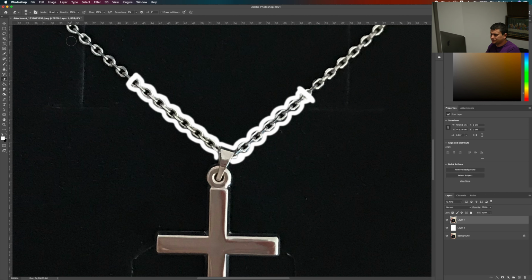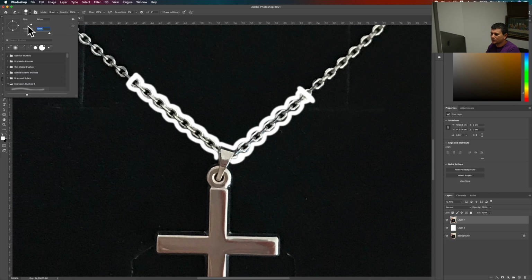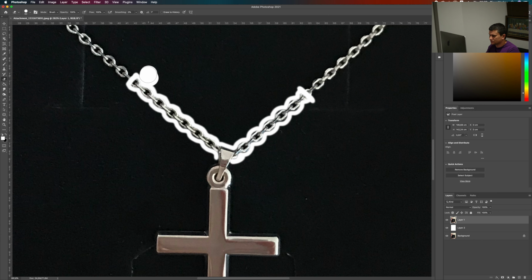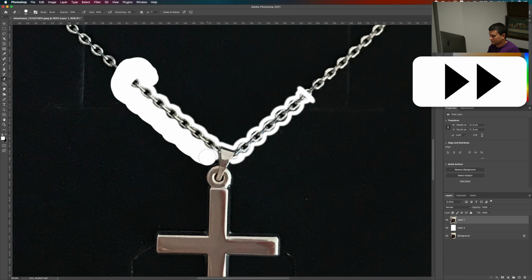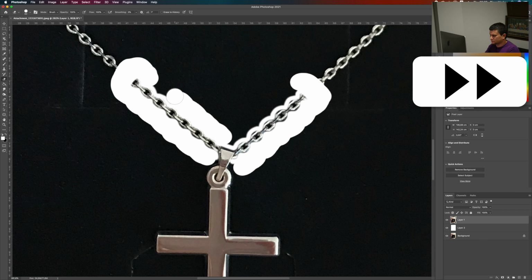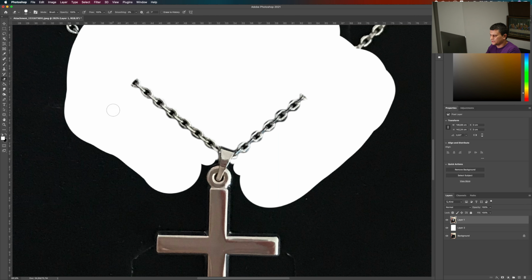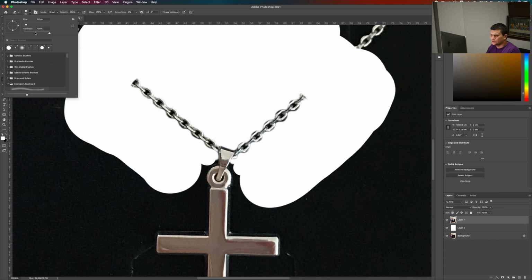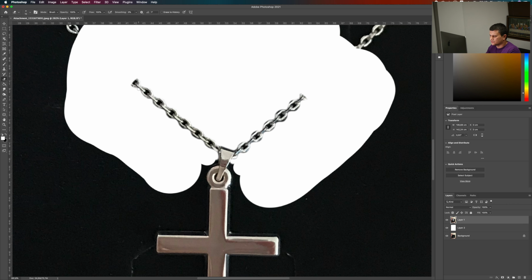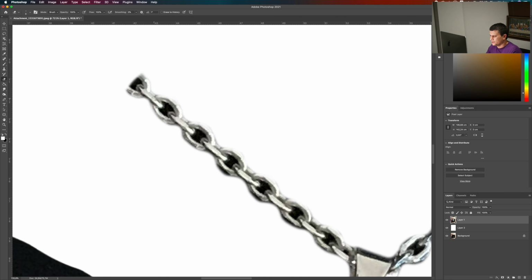Now I will make the eraser tool bigger, and I will make the hardness all the way to 100%. Now I will again make the eraser tool smaller, again hardness to 0, and I will cut out these parts here.